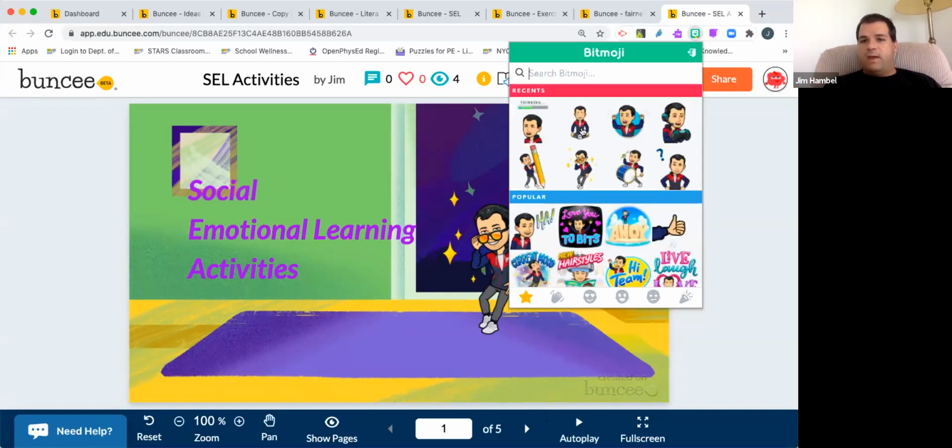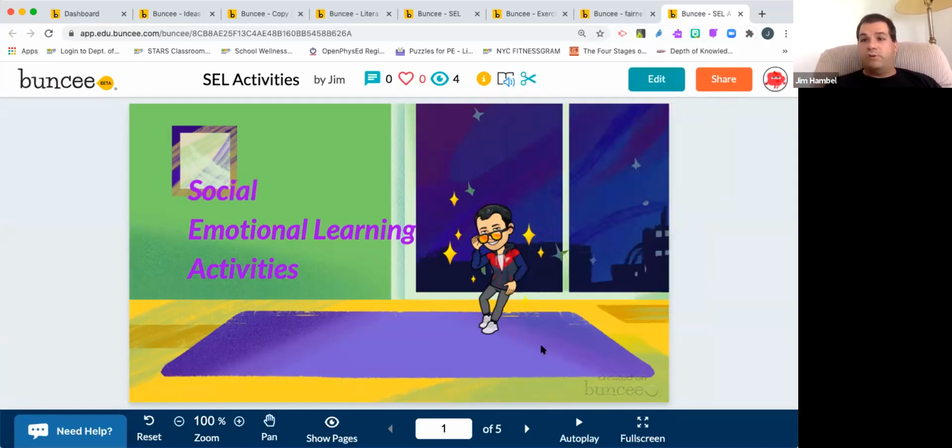So all you have to do is just get, these are all mine. You just click copy image address, and that's how you get it. If you want to make your own Bitmoji, if you're interested in that. Okay, so